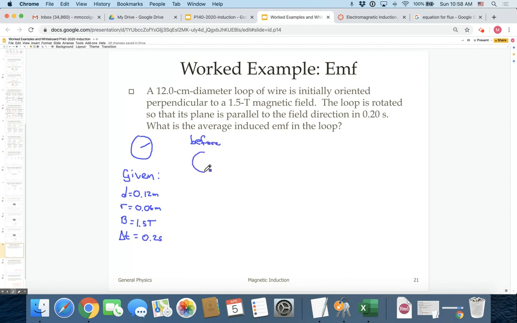So before, it says that our loop of wire is oriented perpendicular to the magnetic field. The magnetic field direction doesn't tell us, but I'm just going to assume it's into the page. And I'm just going to draw a magnetic field, and I know that my loop is in that field. Great. And then after,